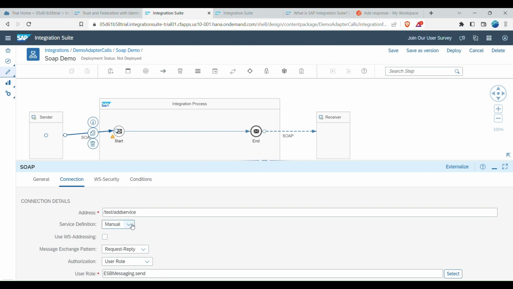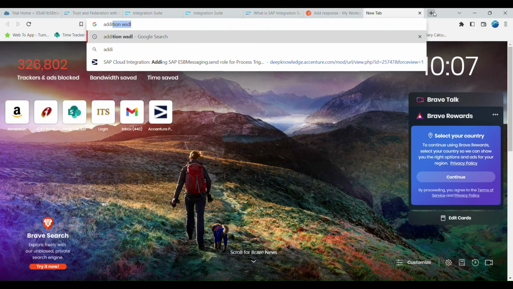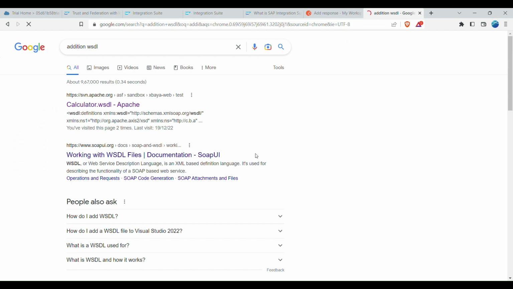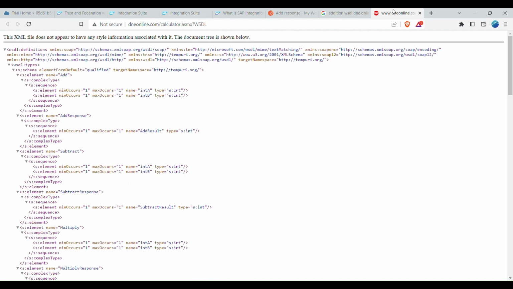Now, service definition, we are using a WSDL here. So here, I have to select a WSDL. For test purposes, we have downloaded a WSDL for addition. The addition WSDL, we can get from a site. Let's find that first. Yeah, here you go. dneonline.com/calculator.asmx. You can download this WSDL and keep it in your system. Once it is downloaded,